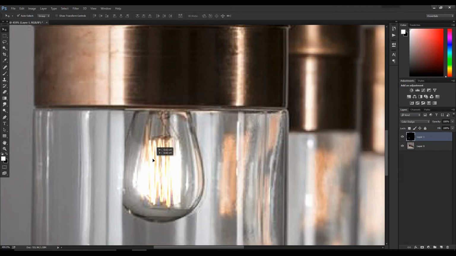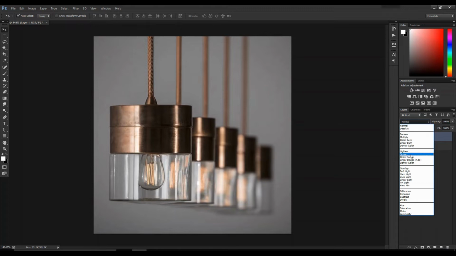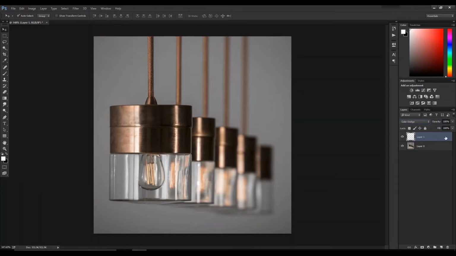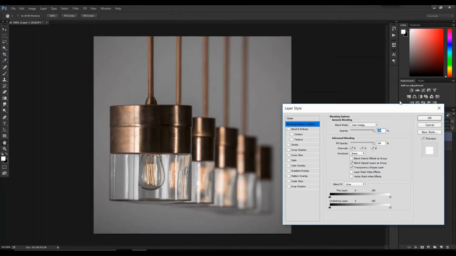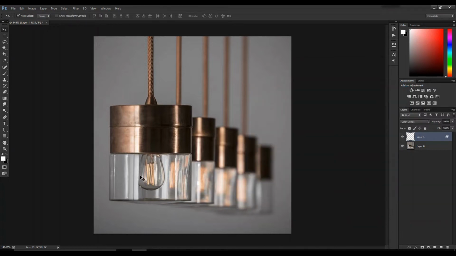Okay, now moving towards the second method, that is first by making a new layer from this icon which is mentioned below. It's almost the same. Change the blending mode to color dodge, then double click on this layer so as to open the tab of blending options. And as you can see here, transparency shape layer is checked, so you simply need to uncheck this, click OK, and now with the help of the brush tool simply add your light.